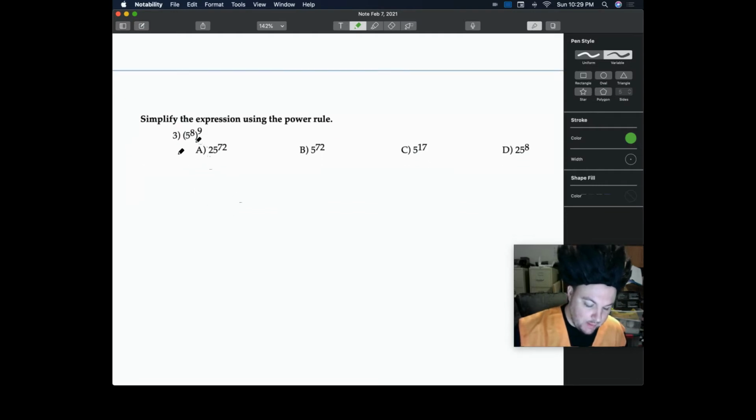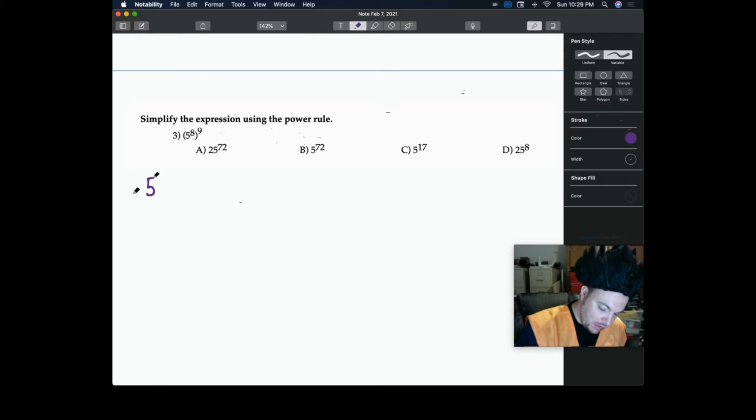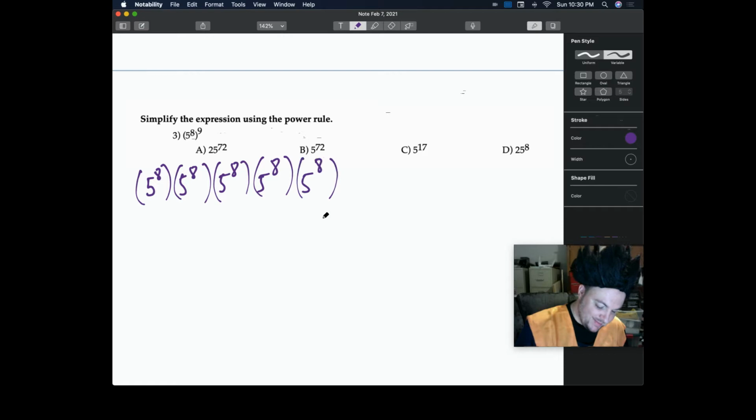Okay, so now we have 5 to the 8 raised to the 9th. What do we do here? Well, let's think about what this actually means. This means 5 to the 8th times 5 to the 8th times 5 to the 8th times 5 to the 8th times 5 to the 8th times 5 to the 8th. That's 1, 2, 3, 4, 5, 6, 7, 8,